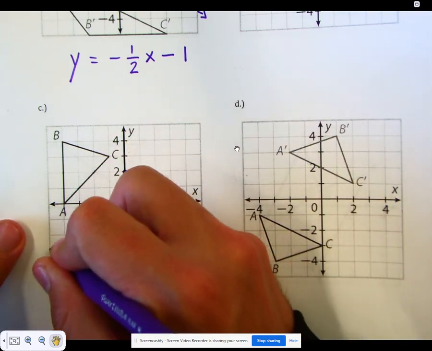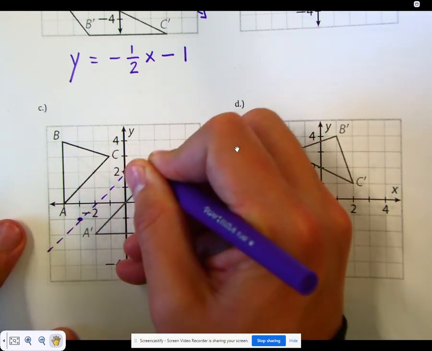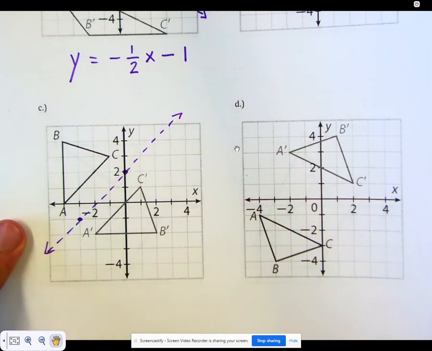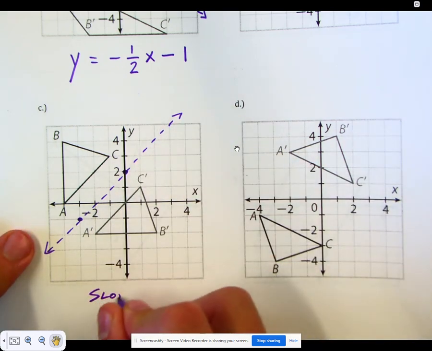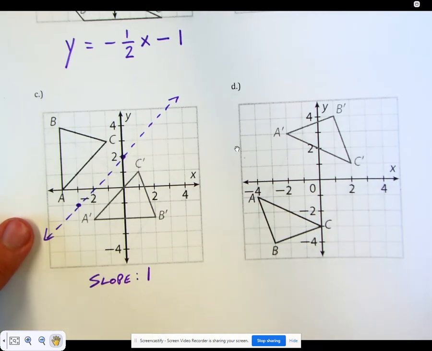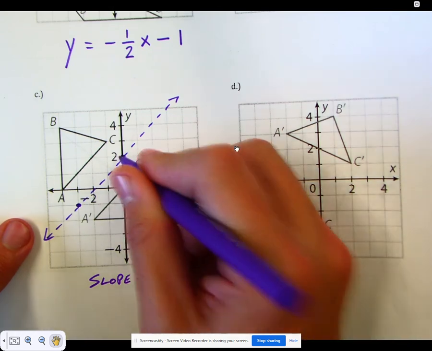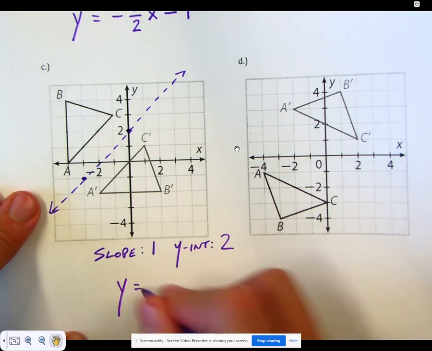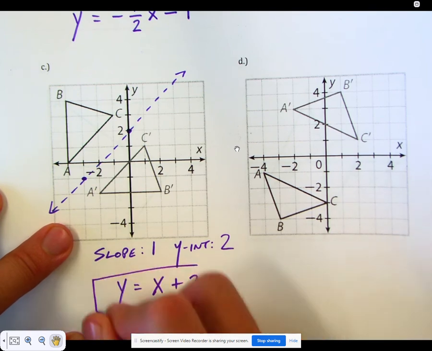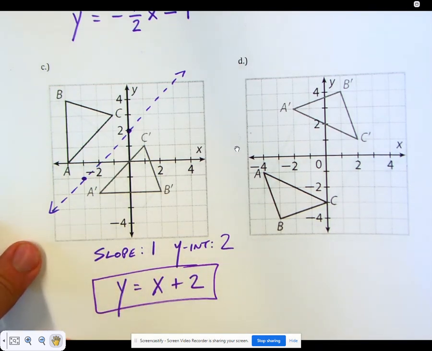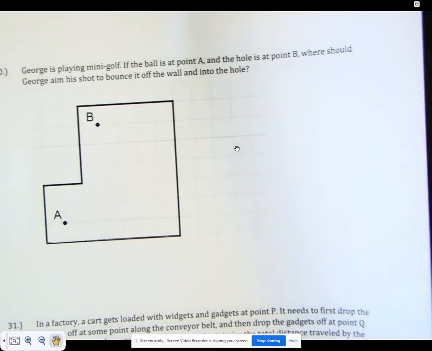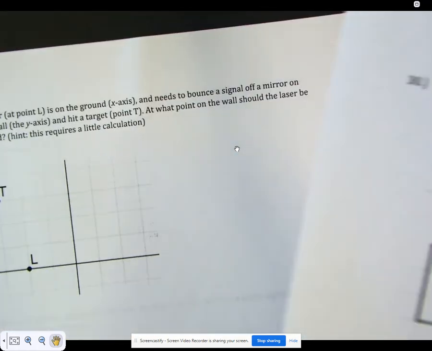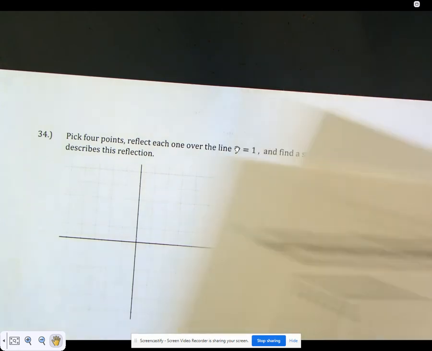So if I draw this in, there's my line of reflection. What's the equation? Well, the slope is 1, and the y-intercept is 2, so my equation would be y equals x plus 2. And there you go. There's your line of reflection equation. All right, so 29 is just a couple more of those. That makes sense. And all right, the last couple questions here, guys, are